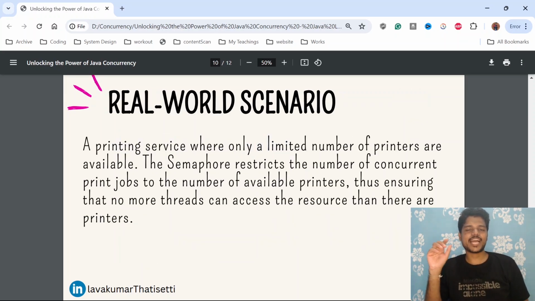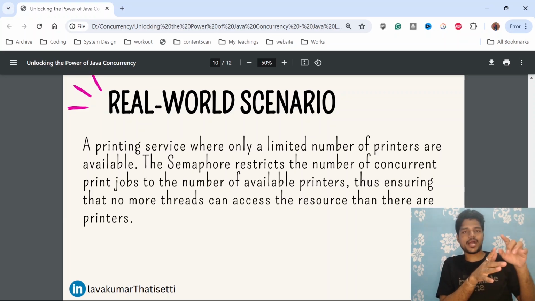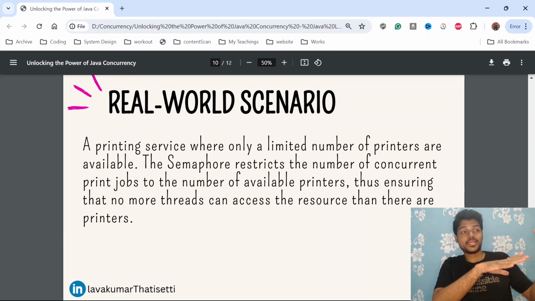So what is a real world scenario? A printer service, right? For example, you have a three printer service configured, with multiple laptops connected to the three printers. Anyone can give a print command, right? So three people can print parallelly because we have three printers. If, for example, 5 people are printing, 2 people should wait